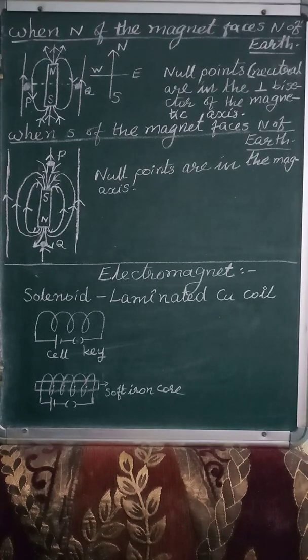So what is field? It is the space around the magnet up to which magnetic force can be experienced. So in the magnetic field, we draw magnetic lines of force. So children, these are the different magnetic lines of force. See, this is one line of force. This is another line of force. This one is another line of force, like that.